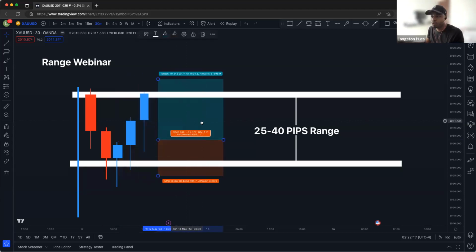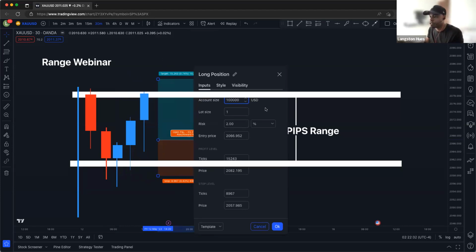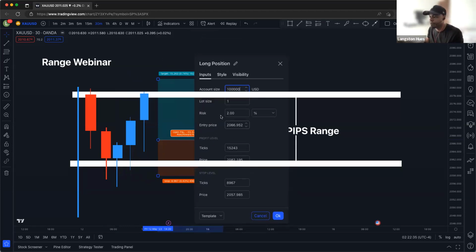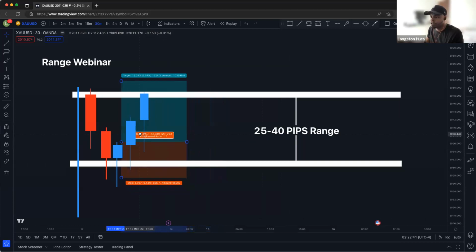So when we come into this tool for position sizing and we put our account size, let's say you have a 100K account, right? You're funded, you have a 100K account, you're risking 2%. Press OK. Now, if this is our entry here and our stop loss is here, it's saying that we have 9.8 lot size. If you look at quantity for gold, 9.8. But if our stop loss is here, it's saying we have 4.2 lot size.